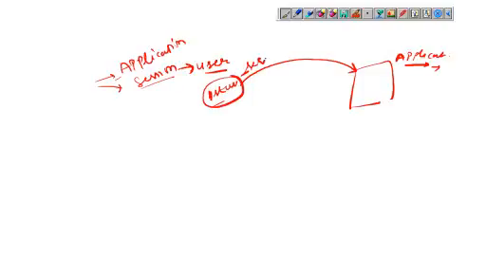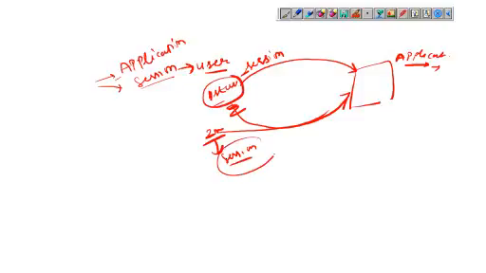Next, the second user comes to the application, and another session is assigned to this user. So the application is started only one time, while the session is started multiple times, whenever a new user comes and uses the application.